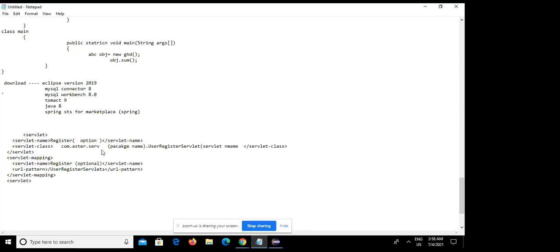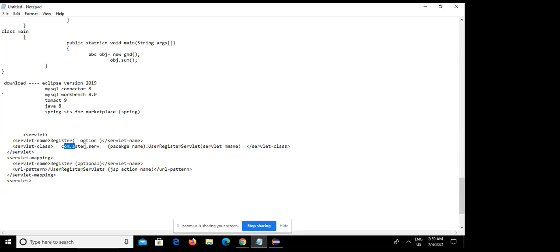I am just dividing each and every part. And what about this? This is your JSP action. So this is all about web action. Register and register servlet name must be same. If you put register1 here and register there, then it will give an error.